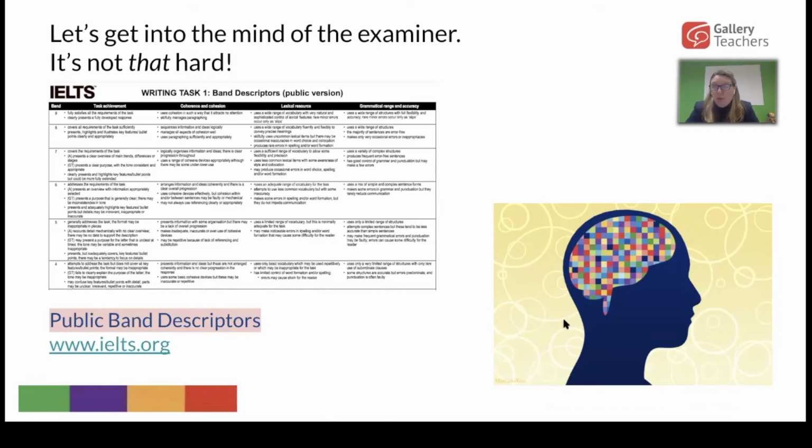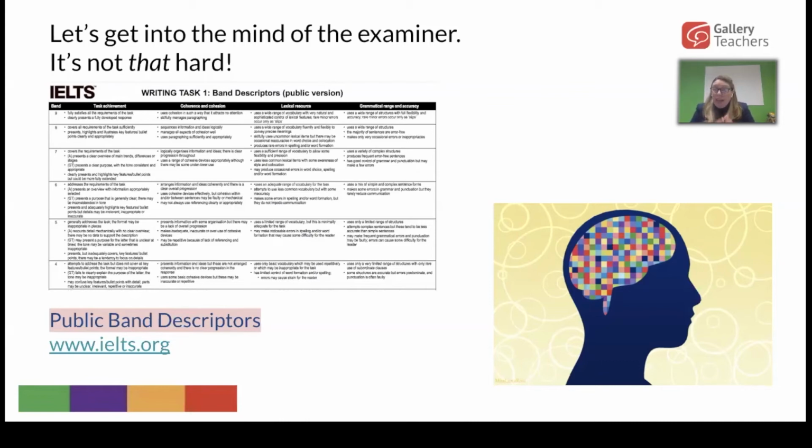So I strongly recommend that you download them, that you keep them, PDF them on your phone, whether you're waiting for a bus, just have a quick look through, okay? So that as teachers, you start to become really, really familiar with those band descriptors. So when you are giving your students feedback, you can tell them very clearly, well,